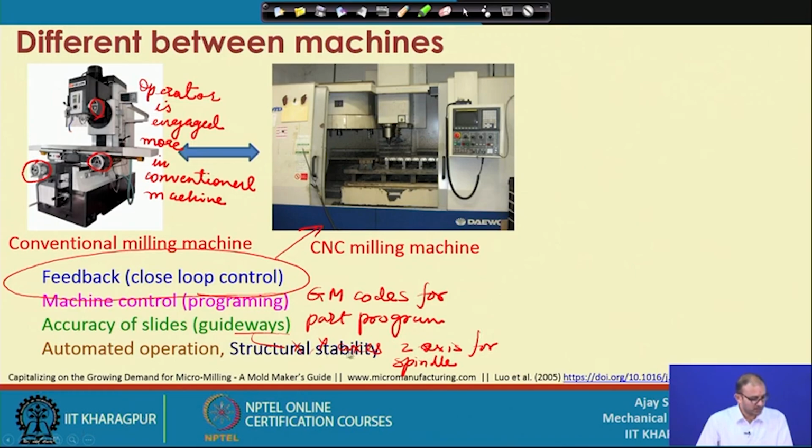Automated operation, structural stability. So, those things are different between the conventional milling machine and the CNC milling machine. Operation is automated in CNC machine, automated in the sense that once you feed the program inside this controller, then the controller will execute the program line by line, and depending on the movement of the axis in XYZ direction, you can get your part machined very easily. So, the automated operation in the sense of the operator engagement during the machining operation, which is very less here. Only role of the operator is to look into the screen and understand that everything is going fine during the machining operation,